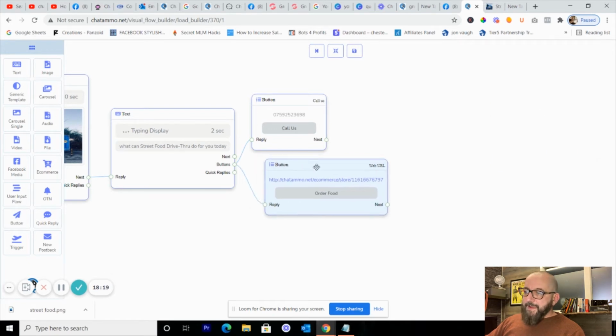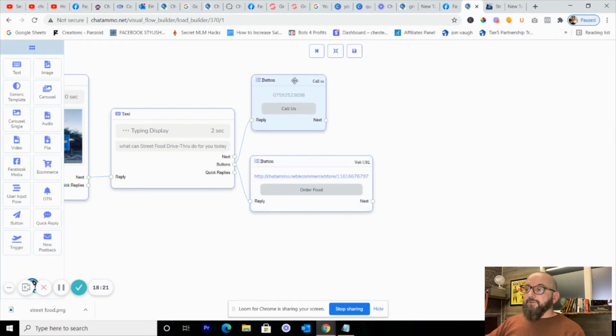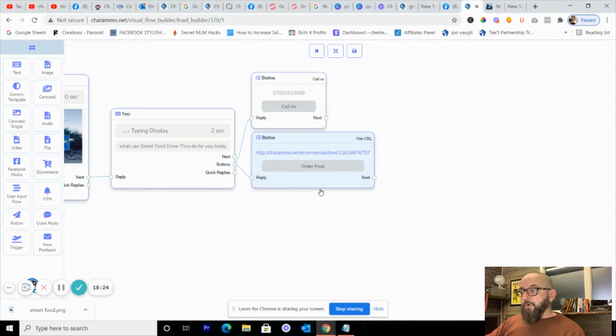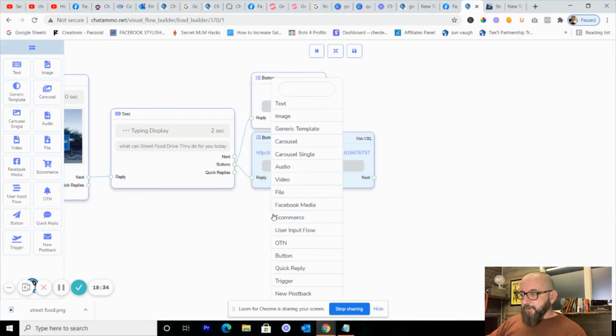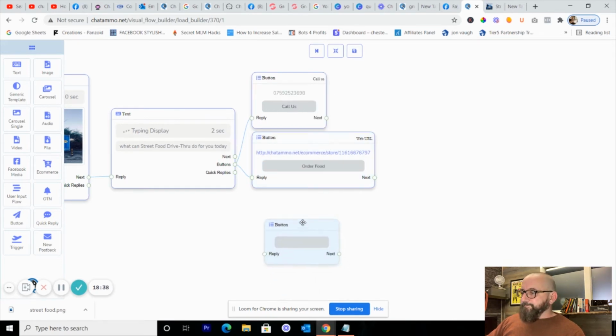Okay. Right. So we've got two choices right now. They can either call us or they can order the food and see the menu and do everything like that. So it's pretty awesome so far. So we've got two of these problems solved. Next biggest problem is this guy seems to be always traveling about. Right, so what we want to do is we want to do button, and we're going to do